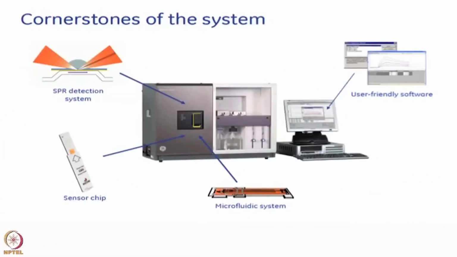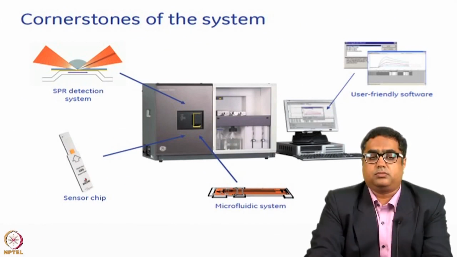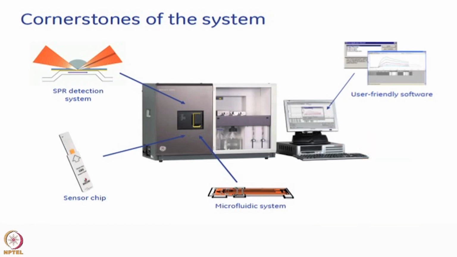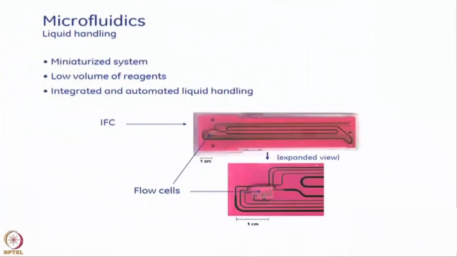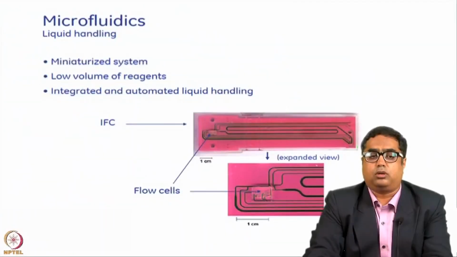So, the cornerstones of any SPR system or a Biacore system are a detection system, a chip system, a microfluidic system, and the software which integrates all of these and generates data. So, in our next couple of sessions, we will understand details about sensor chips and the different sensor chips available. The SPR detection system depends upon the refractive index and also depends upon the surface concentration and temperature. The interactions happen in a miniaturized system called microfluidics, which is the liquid handling part of